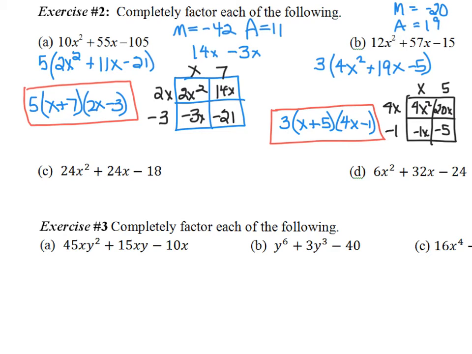Let's do one more together and then I'll let you do the last one on your own. So for part C, I notice that I'm going to take out a GCF of 6. So I now have a 4x squared plus a 6x minus 3. That means that I want to multiply to get negative 12, add to get 6,